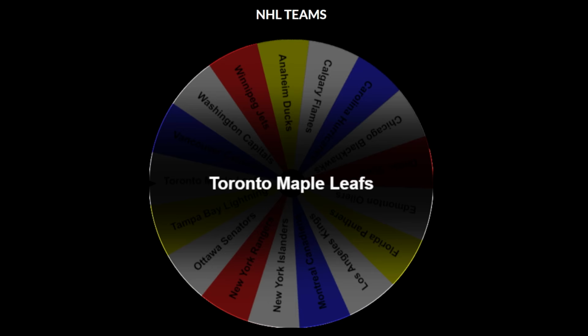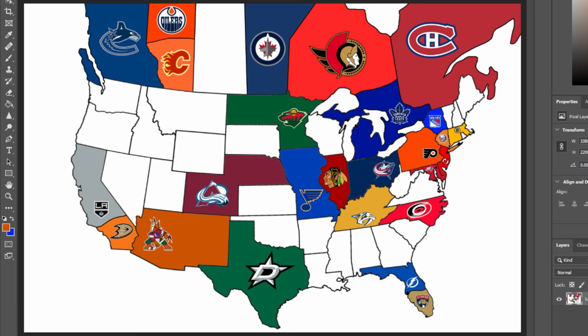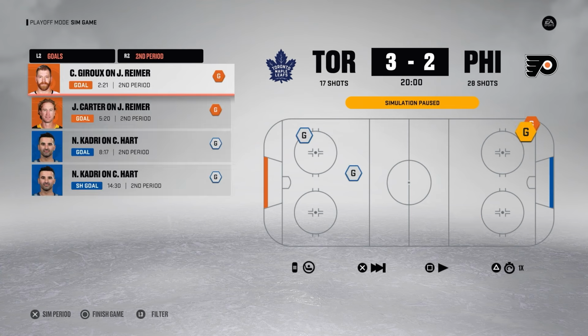We're heading back up to Canada, and the Toronto Maple Leafs are ready to go on the attack. They're heading directly south into the United States, and they're going to have to match up against the Philadelphia Flyers. Morgan Rielly's going to get the team on the board early in the first period, but Philly's going to be responding in the second, but that's not going to mean too much as Toronto's still going to have a 3-2